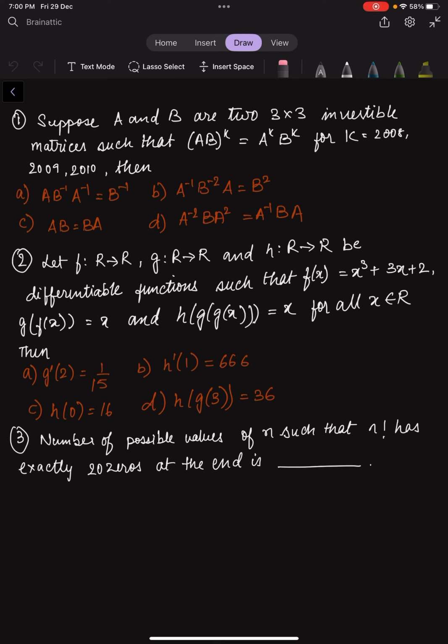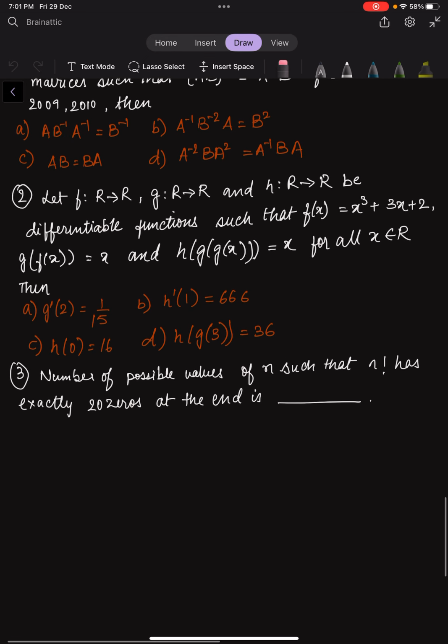In the third question we have: the number of possible values of n such that n factorial has exactly 20 zeros at the end. So let's begin solving the problem. For the first question,